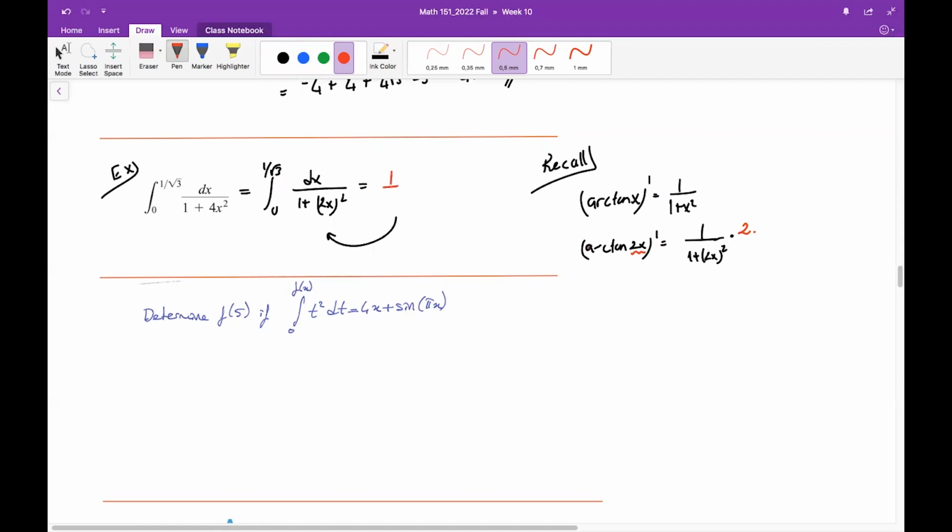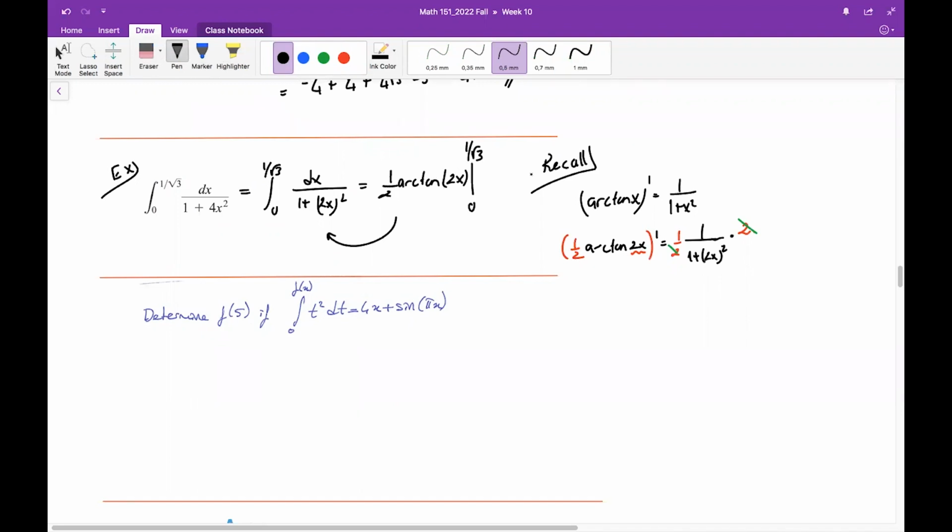That's why if you start by taking the derivative of not arctangent but 1 over 2 arctangent 2x, you will get rid of that 2 multiple there. So 1 over 2 was already here. That's why they are gone now. That's why the antiderivative of this function is in fact 1 over 2 arctangent 2x. Now you are ready to evaluate this